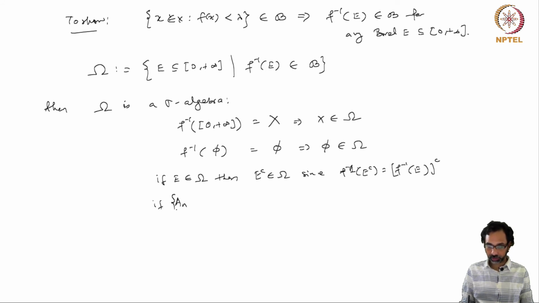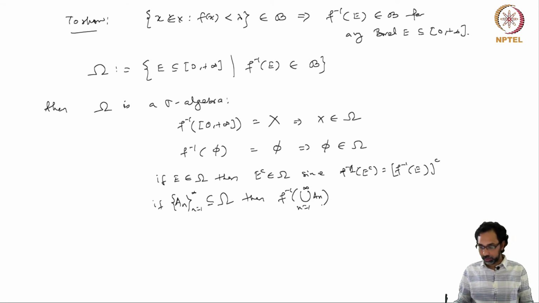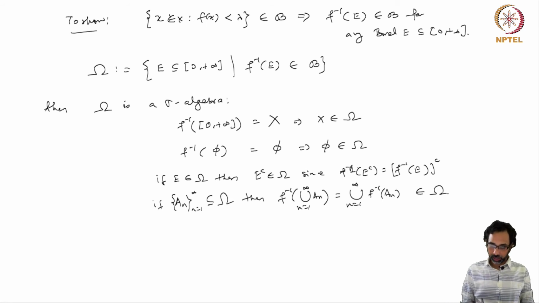And if the A_n are a collection in omega, then f inverse of the union n equal to 1 to infinity of A_n is equal to the union of the individual pre-images, so this belongs to omega. So this shows that omega is a sigma algebra, and since